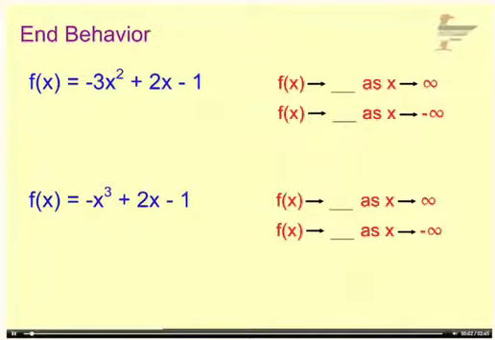So describing the end behavior, this is the second set of problems or examples to talk about. We want to make sure we're in standard form, and we're going to look at our leading term. Our leading term is a negative 3x squared. Now over here, if I look at the notation, f of x